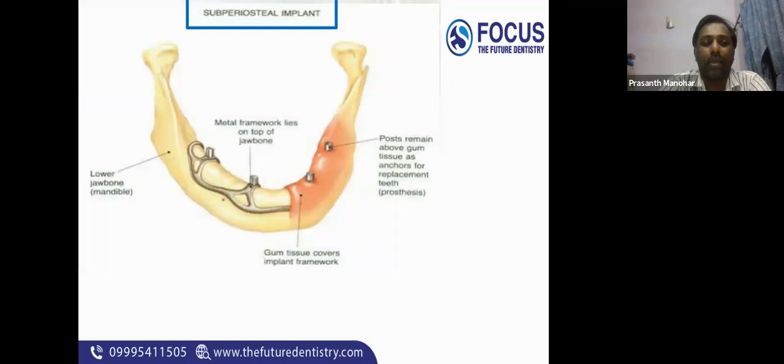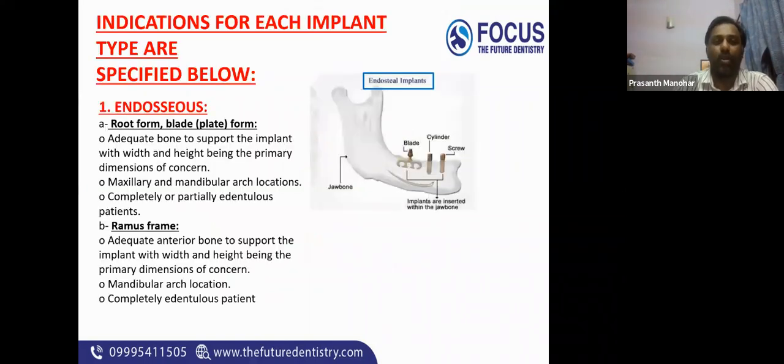Subperiosteal implants are the implants placed just below the periosteum. So the mucoperiosteal flap is raised and the implant is placed over the bone. They are the subperiosteal implants. Now, what are the indications for